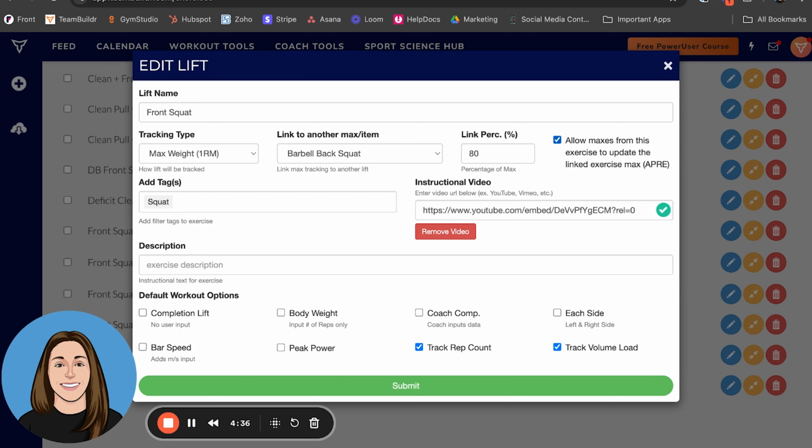For this example, let's say that the athlete has a back squat of 200 pounds. By selecting this as 80%, then we are going to see their front squat max as 160 pounds, which is 80% of that 200-pound back squat. In order for the max to actually update, the athlete would have to hit a max of, let's say, 205 on their front squat. Then with this box checked, that would then update that barbell back squat to 205 instead